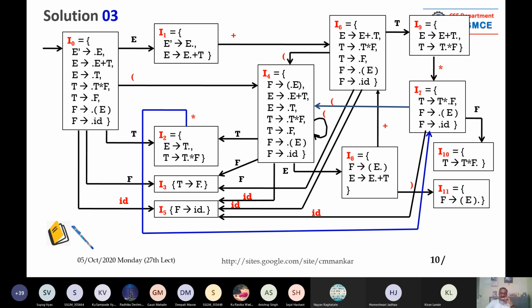That's why you are getting E giving you dot E plus T, then E giving you dot T, then T giving you dot T star F, T giving you dot F, F giving you dot opening bracket E and closing bracket, F giving you dot ID, and the set is complete, like this. So you use common sense. Now, in this way, we have processed complete transitions on I0.